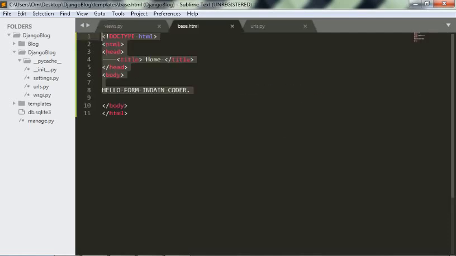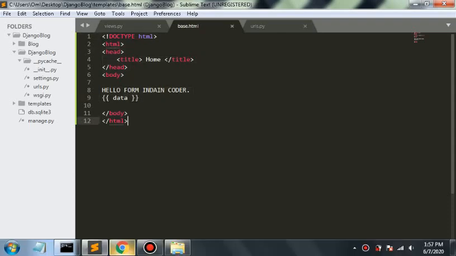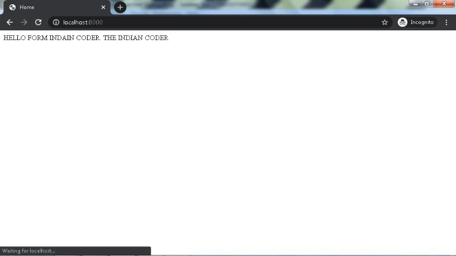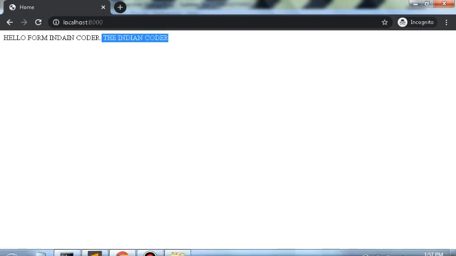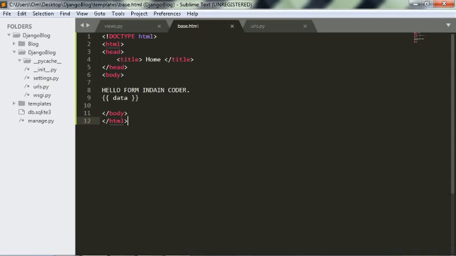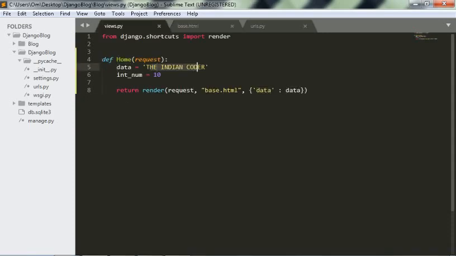And now how to show this data on your page? Just use double curly brackets, make a space and type data, and save it. This is our home page. Now let us refresh. Yeah, the Indian Coder is our data. Here you may see it. We can pass multiple values like this.